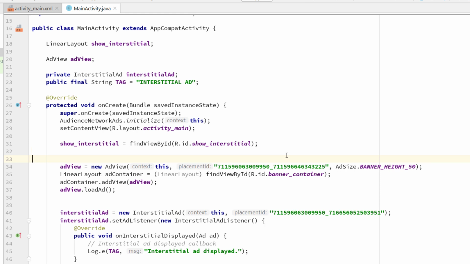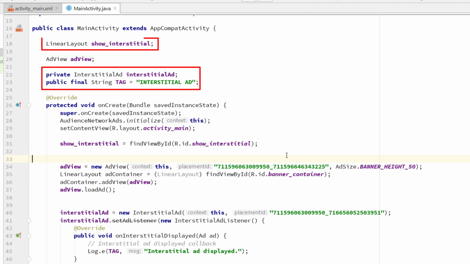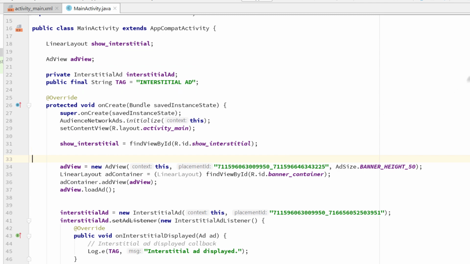Now let's write code for the interstitial ads. For that, inside the main activity class and outside the onCreate method, define one InterstitialAd variable for our interstitial ad placement, and inside the onCreate method we will initialize this. Here, I have also defined a show interstitial variable of LinearLayout for the button which we have added to show the interstitial ad on button press.